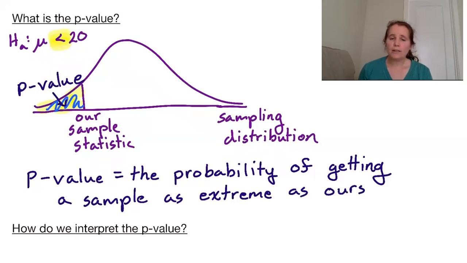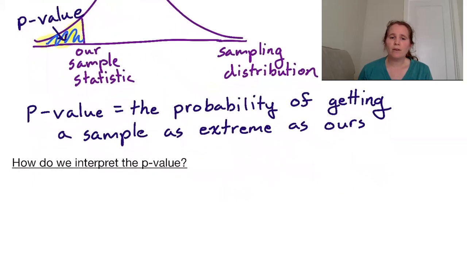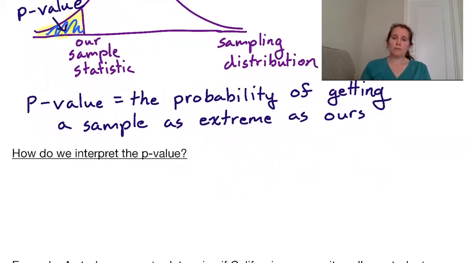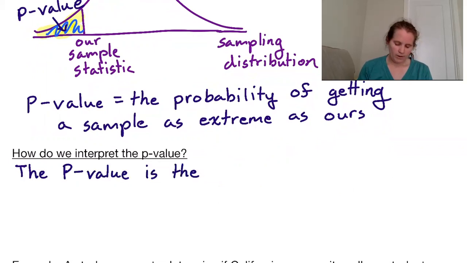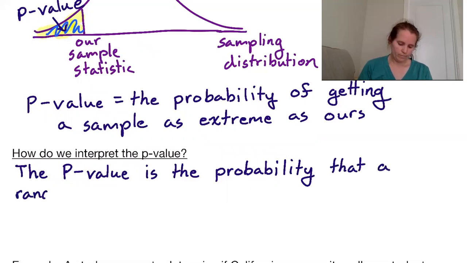So going a little more precise than that in terms of how we interpret the p-value. The p-value is the probability of getting a sample the same size as ours. So the p-value is the probability that a random sample the same size as ours